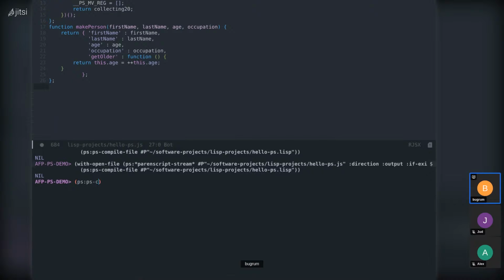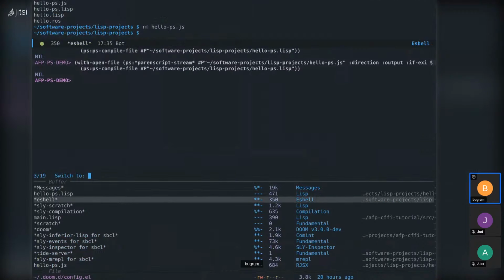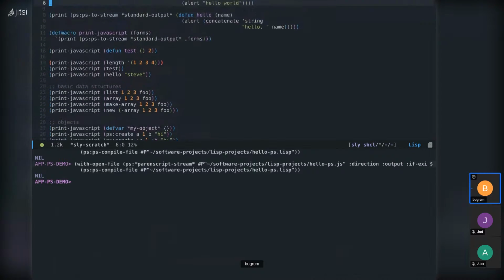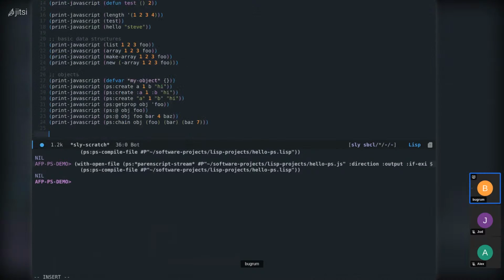Not compile stream, sorry. Let's go back to our scratch buffer. Give me a second here. Recall in our scratch buffer, we have this. Okay, and what we can do is leverage this to generate